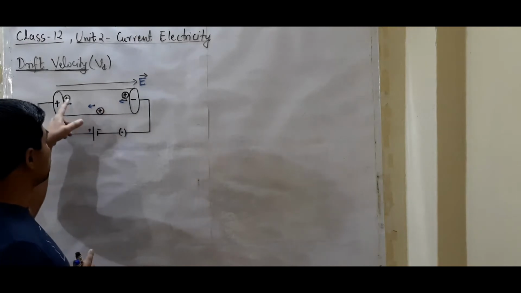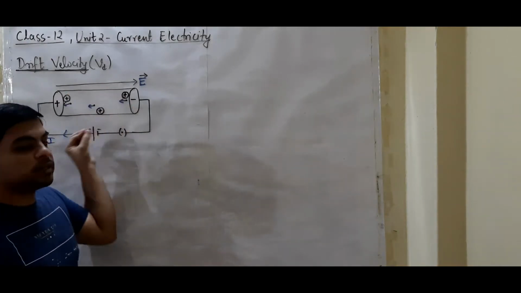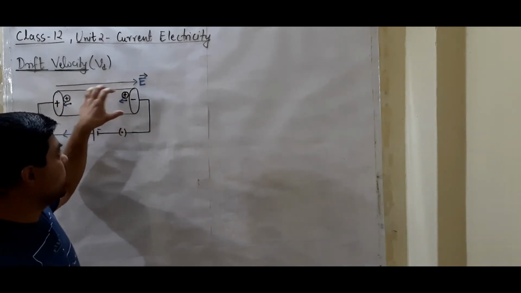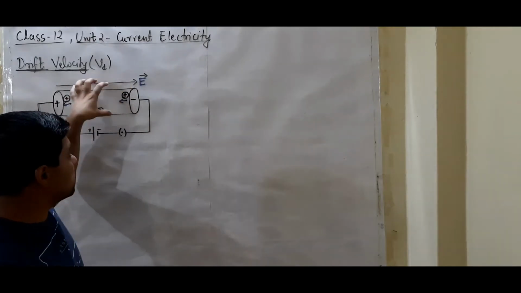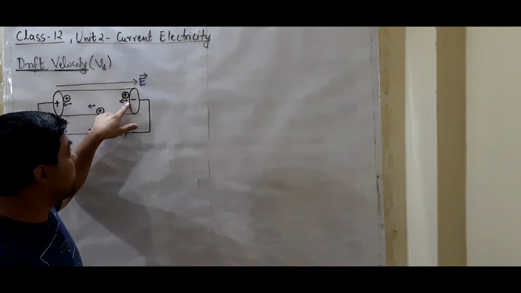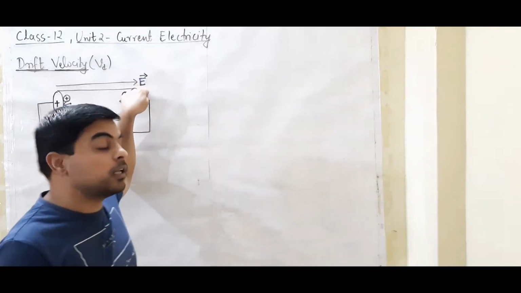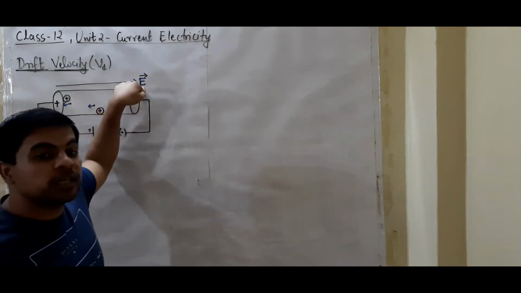Here we have mentioned only 3 atoms or positive ions, but we know that a number of positive ions are present. It is like an electron moving over a road that is full of traffic jam, with a number of vehicles there. And one more thing, its engine is at high speed because of the electric field. The electron will be moving with high speed under the effect of an external electric field.